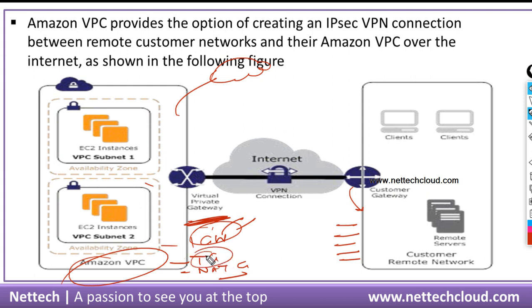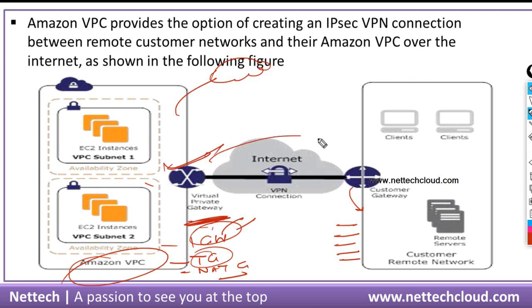Transit gateway is something used when there are multiple VPCs, so there are two different ways to communicate between VPCs. One of the ways is VPC peering, which requires full mesh VPC peering, and it's one of the major drawbacks of VPC peering. So in order to resolve that, there is another concept here, transit gateway. So basically a hub and spoke topology sort of thing. Different VPCs connect with the transit gateway, and via the transit gateway, different VPCs communicate with each other, a kind of hub and spoke topology. So that is transit gateway, NAT gateway is there, and here we are going to use VPN gateway.